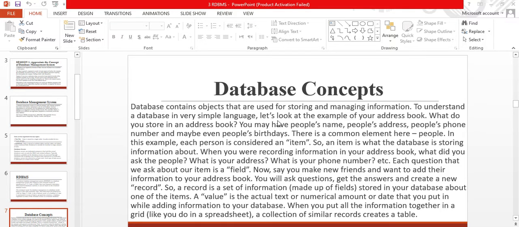See one example of what the database concept is. If you are making an address book, you need a person's name, address, phone number, even their birthday. So all this information that we need about a person will be considered as an atom, that is our atom. In that item,